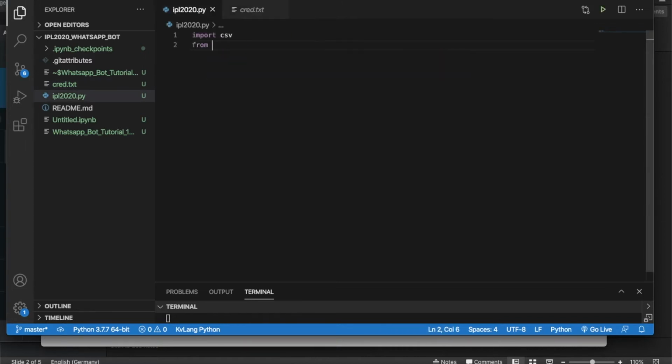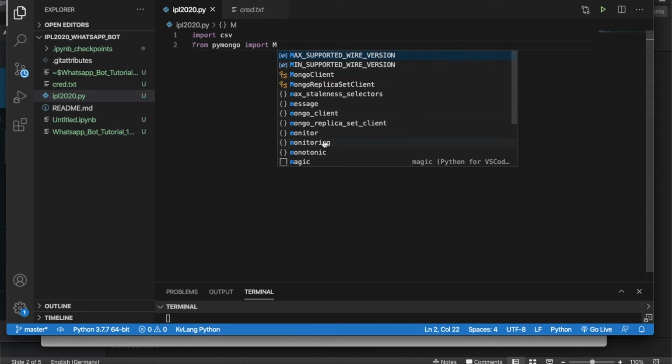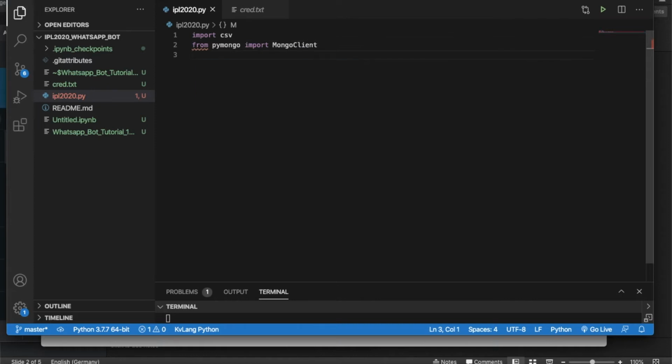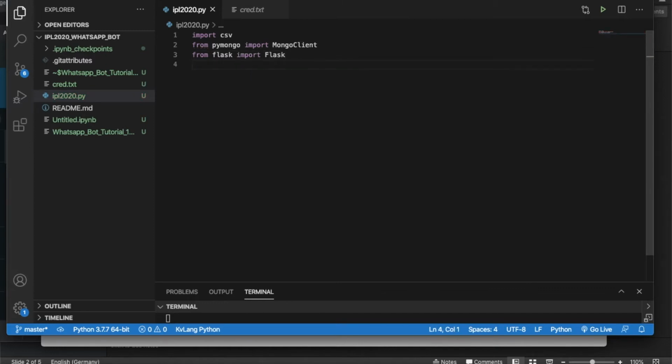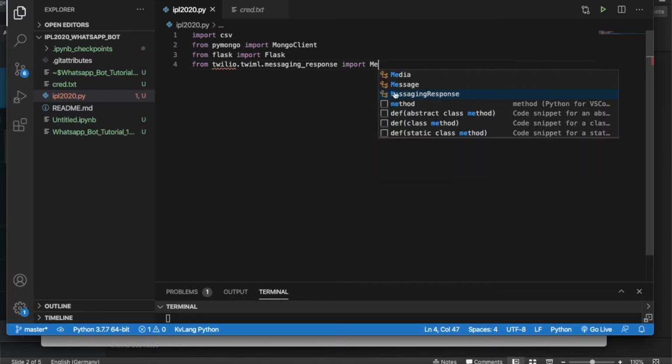Then the next thing is, from PyMongo import, I believe it will be MongoClient, but where is the MongoClient? MongoClient here. Then from Flask import Flask, then Twilio, from Twilio messaging response import MessagingResponse.